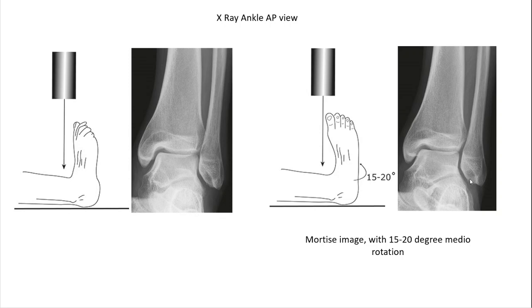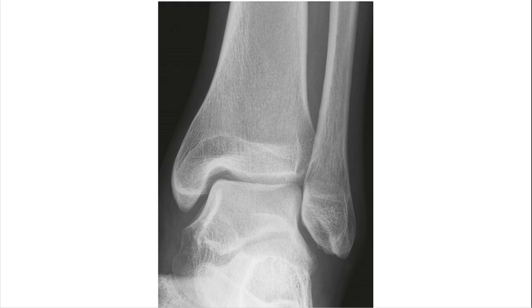Here you can see that the lateral malleolus is not overlapping the talus at all, by doing medial rotation or inversion by 15 to 20 degrees. Now in this view, you can see the lower end of the tibia with the medial malleolus and the inferior articular surface of the tibia. You can see the lower end of the fibula with the lateral malleolus. You can see the superior articular surface of the talus, and the lateral and medial articular surfaces of the talus.